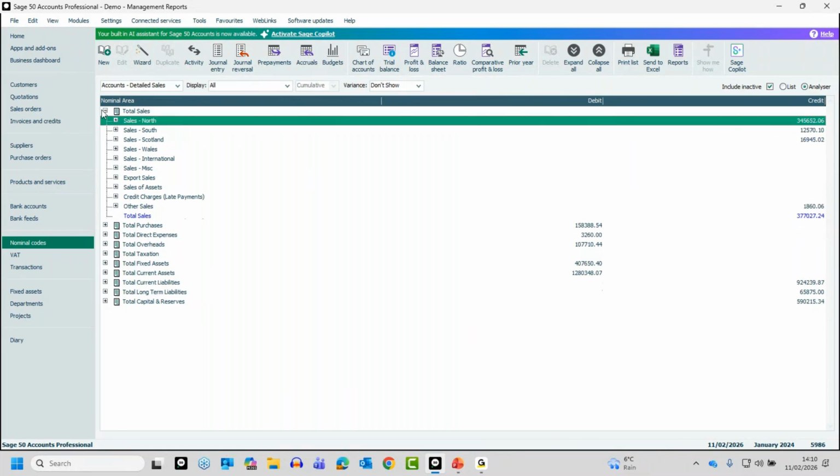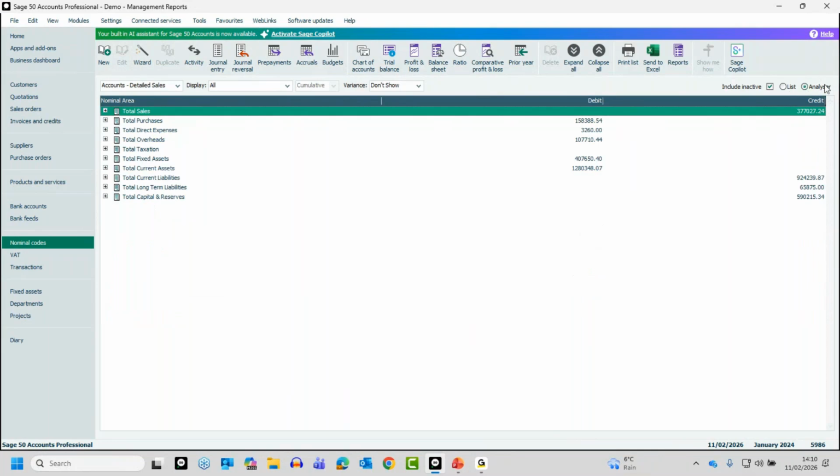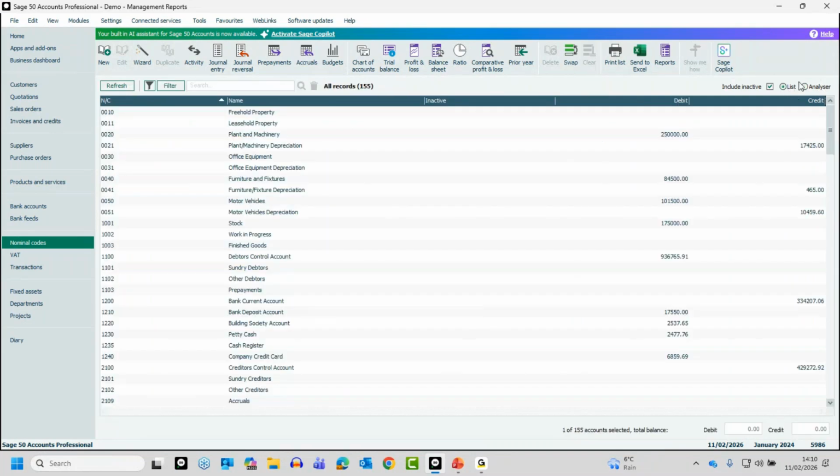So you've got a number of different options with regard to analyzer view, but it's not very well used, that one. Most people, if you haven't discovered that yet, will probably switch to list view. Now in list view, as I mentioned as well, you've got options to filter. Again, not massively used in this area,